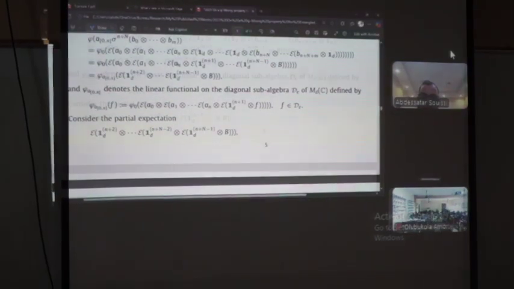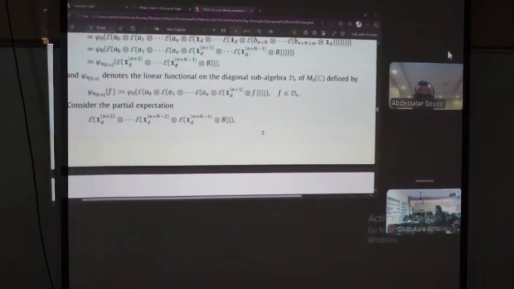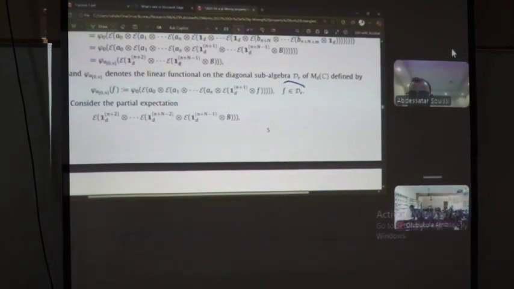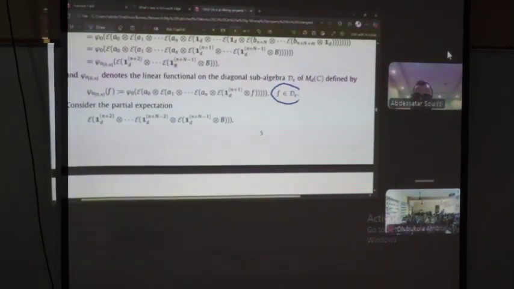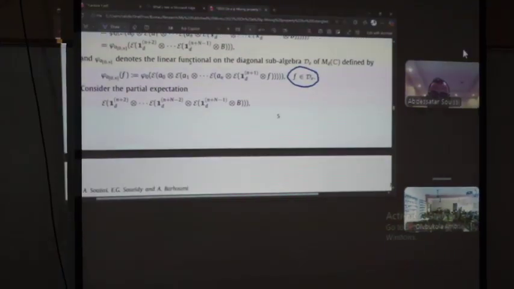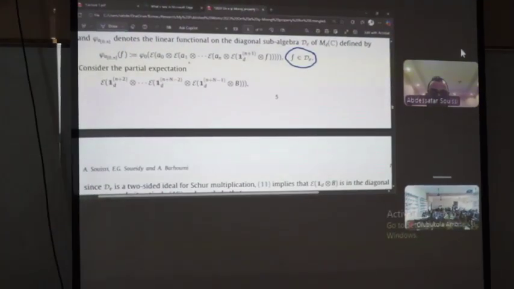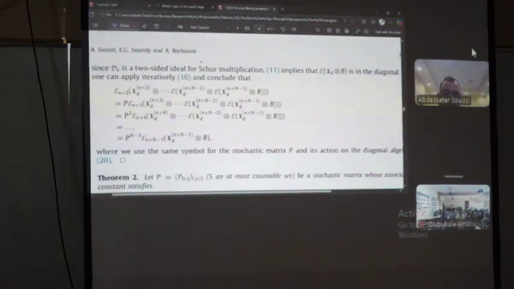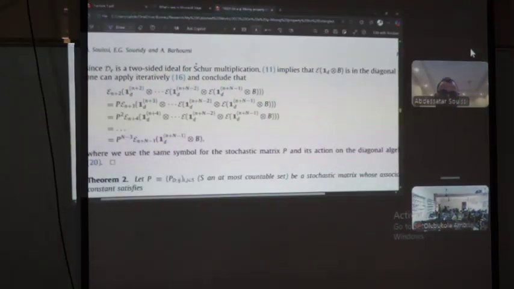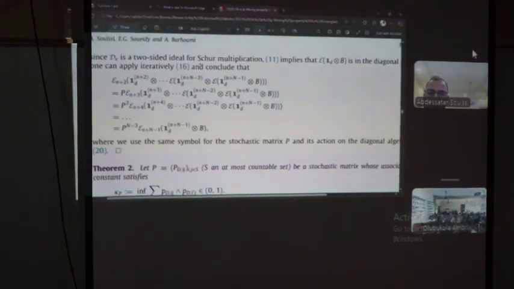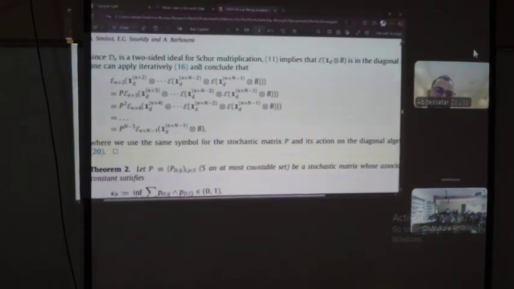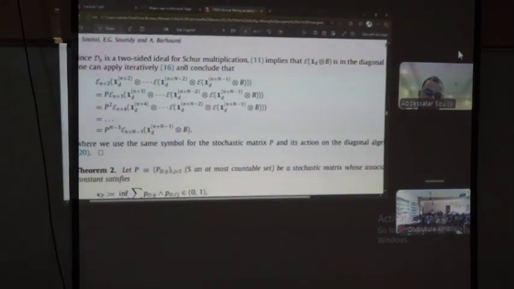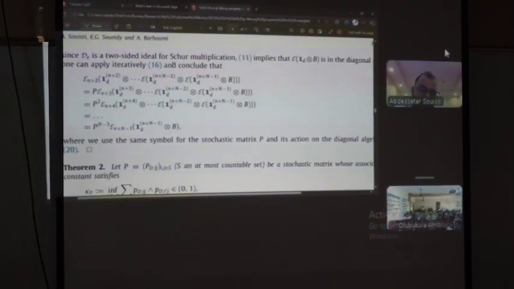It turns out that since by applying this we get an element that belongs to the diagonal algebra, then by applying again the backward transition operator, we get coefficients of the classical stochastic matrix generating the dynamic, because I just want to remember that this transition operator is defined through a stochastic matrix. And then by iterating